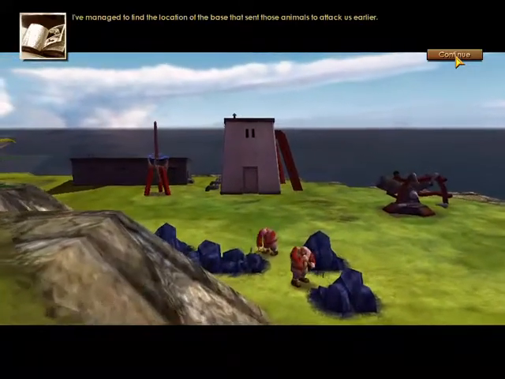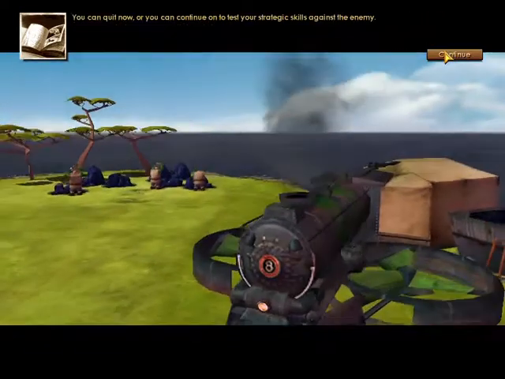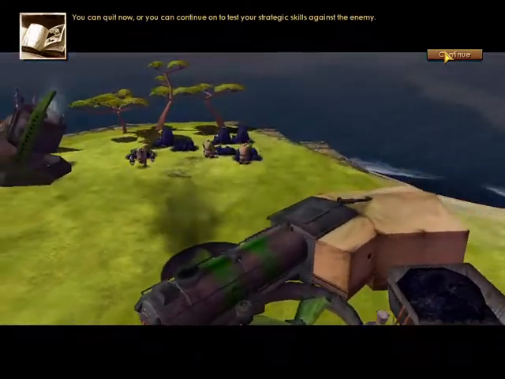I've managed to find the location of the base that sent those animals. I've also managed to come by some more genetic samples for you. So don't hesitate. You can quit now, or you can continue on to test your strategic...